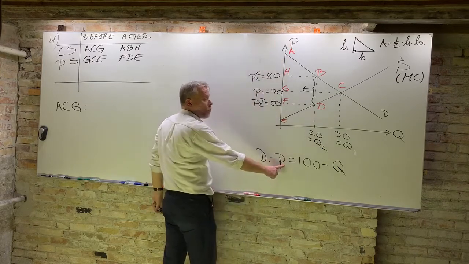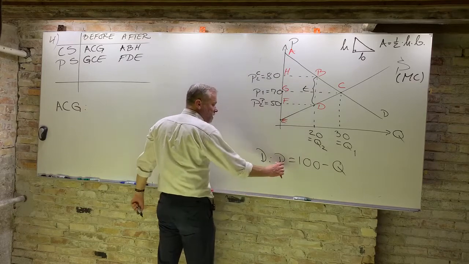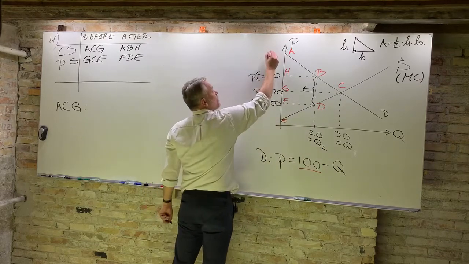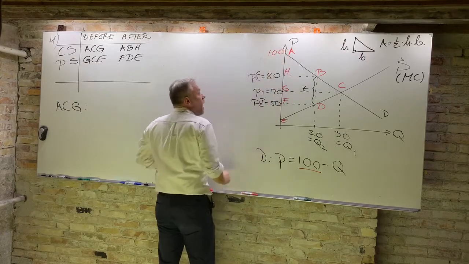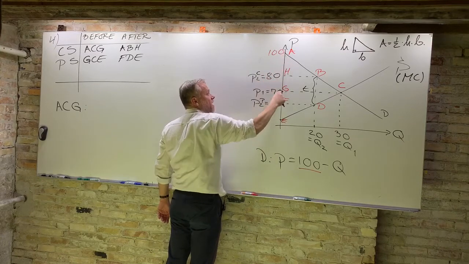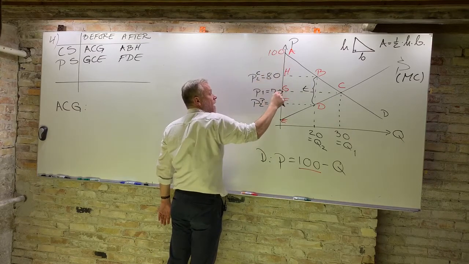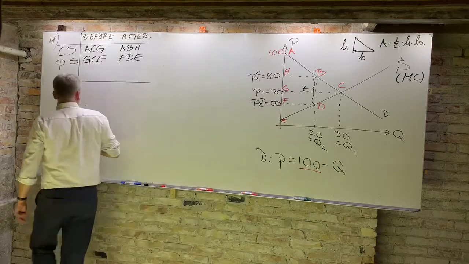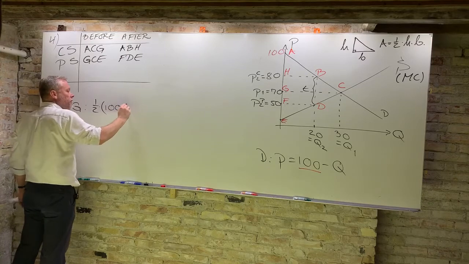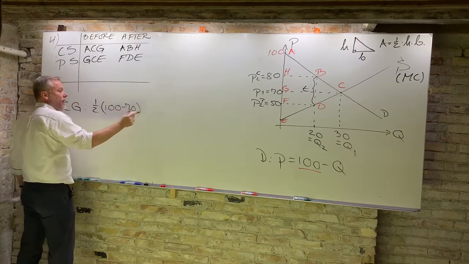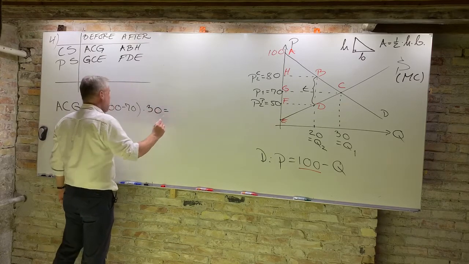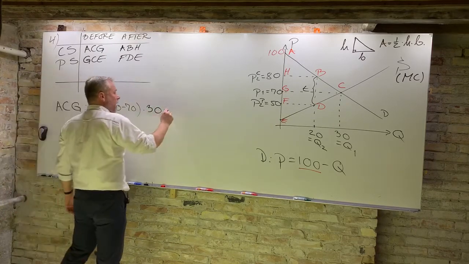If it had said Q, then you would need to isolate Q first, but since it says P, we can conclude that the constant here, the 100, corresponds to the vertical intercept. And when we know that, we can see that the height of this triangle ACG is the difference between 100 and 70, in other words, 30. So the area here must be 1/2 times 100 minus 70. I know it's 30, but I write it so that you can see how I've calculated, times the base, which is 30. And this must be something around